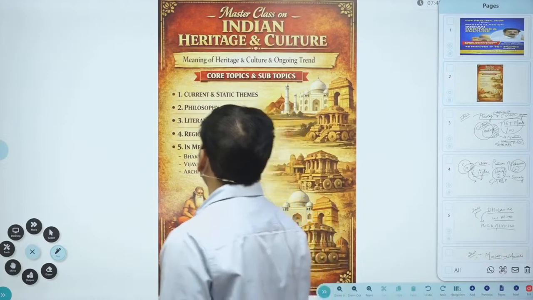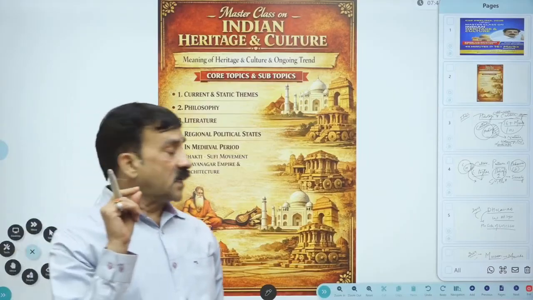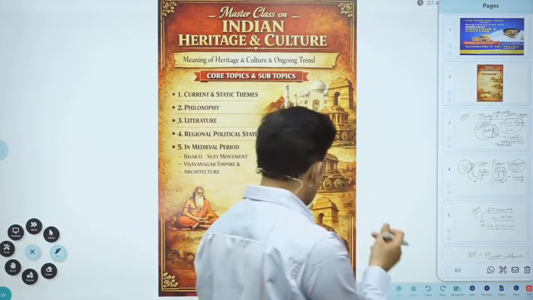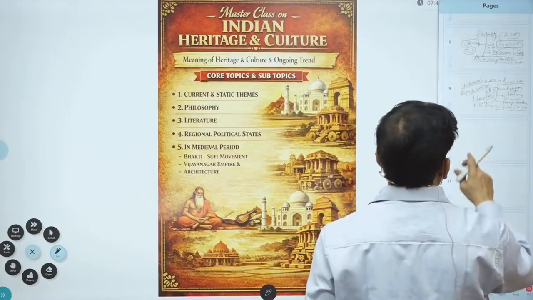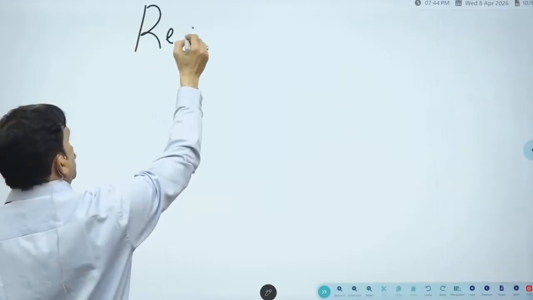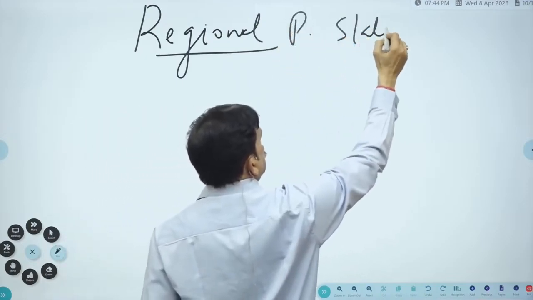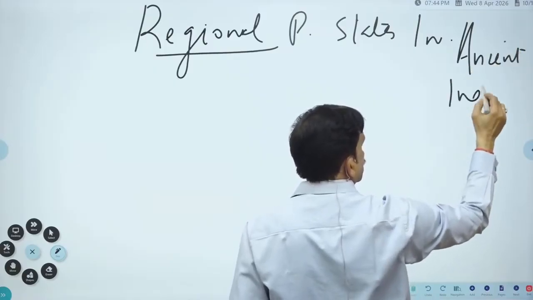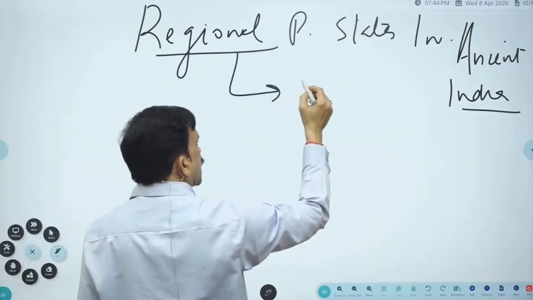Now the next very important heading will be regional political states. So see how you can prepare it. This is again very important. If you go and see the last year papers, regional political states in ancient India, questions can be regarding